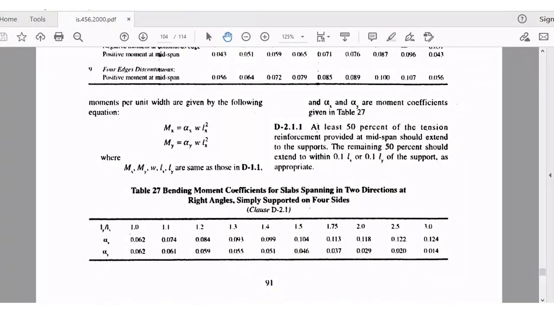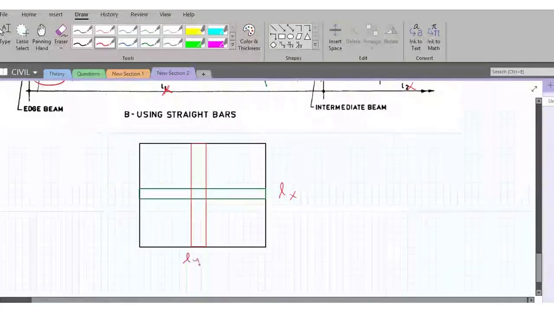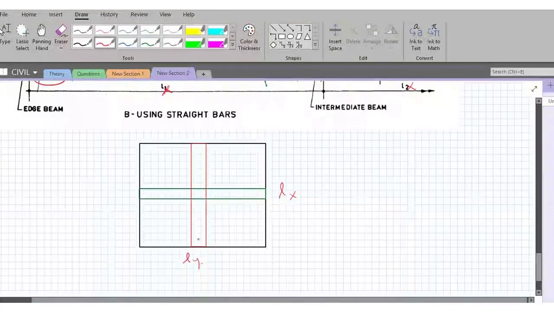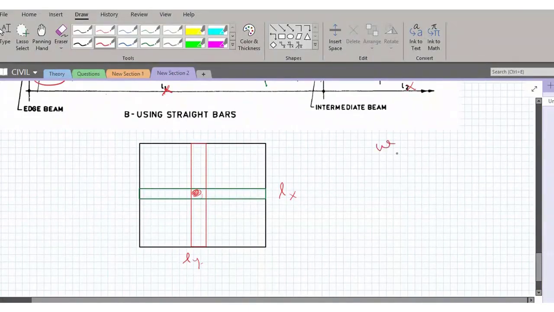So what I have done, I have considered a simply supported slab. Okay, this is a simply supported slab, and say this is my shorter span Lx, and this is my longer span Ly. So about shorter span, of course, bending is going to take place. So it is just like whatever load is acting over here, at this particular common area. So if I say W is the load acting on the slab,